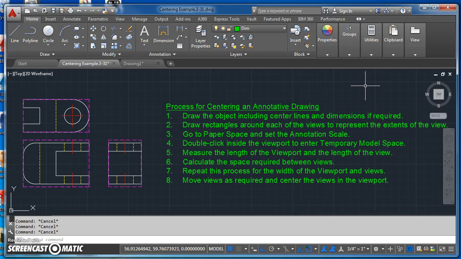So welcome to my demonstration today. Today we're going to talk about how to center an annotative drawing. So the process is here in front of you. I'll go ahead and read through the process and then we'll go into Paperspace and I'll show you how to